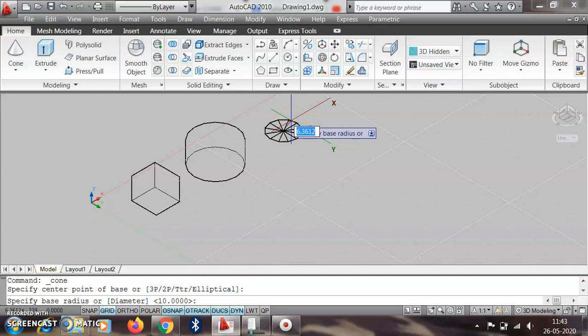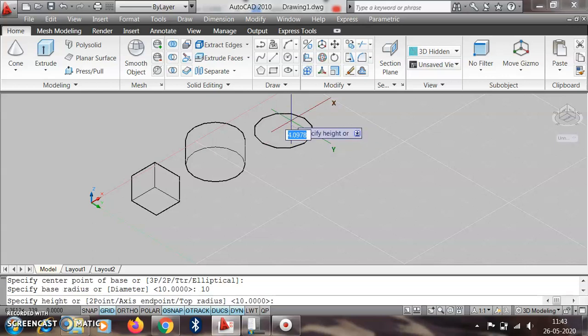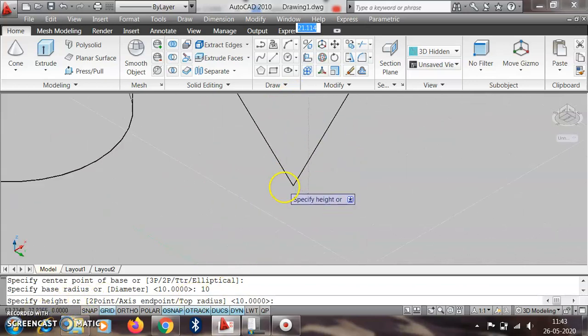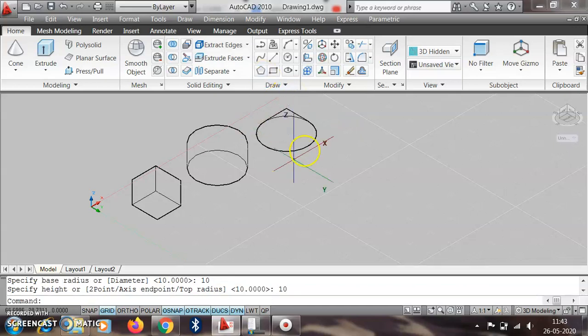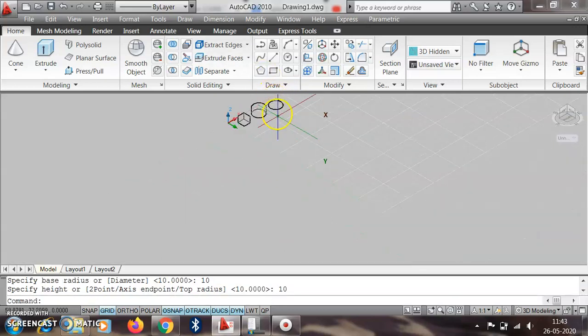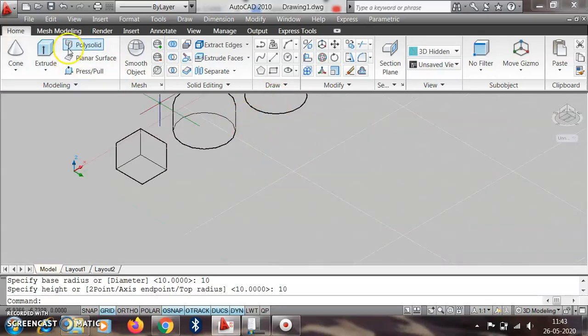Suppose we take the base diameter as 10, enter, and then the software asks what the height of the cone is. There will be negative height and positive height. In the positive direction we take it as 10. So this cone height will be 10 here.